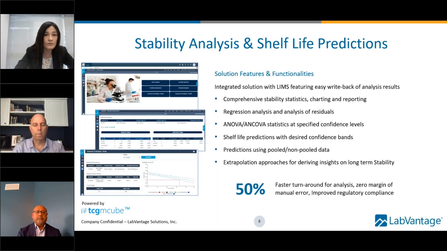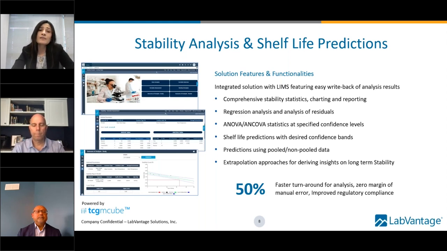So things like confidence intervals, prediction intervals, upper and lower acceptance limits. So upper and lower limits for the residual standardizers. So the window of observation for shelf life. When it comes to confidence bands, whether it's a one-sided confidence band or a two-sided confidence band. So there's a whole host of statistical parameters that the analyst or the scientist can specify.